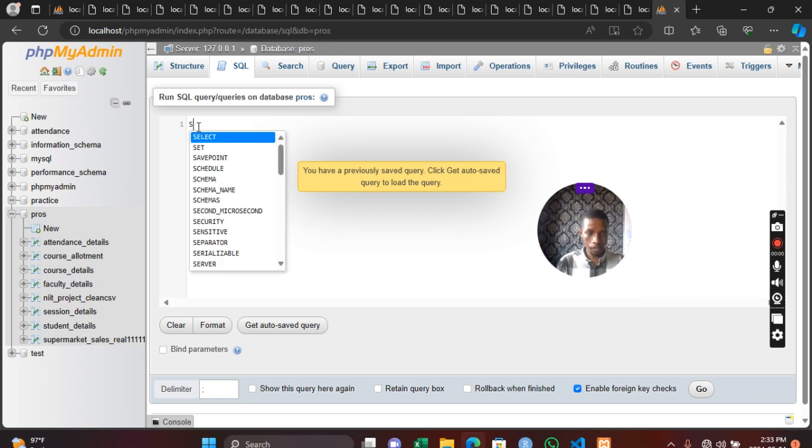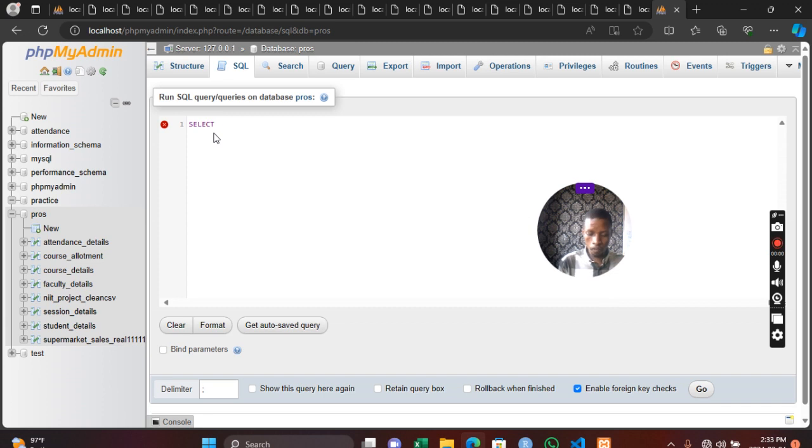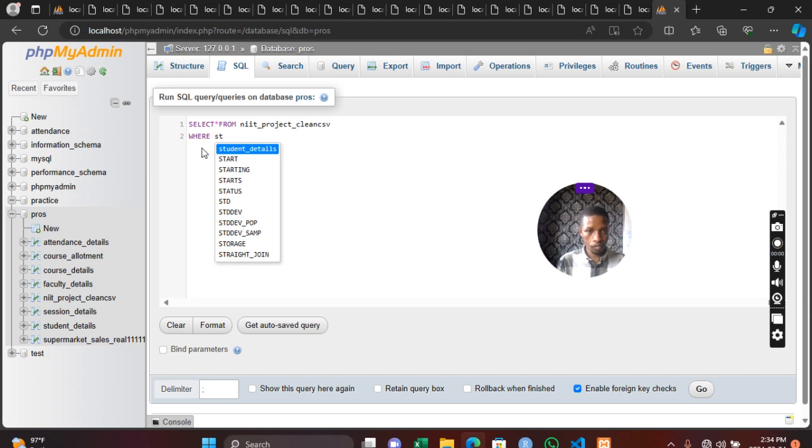Okay, so select from NIT where state is equals to